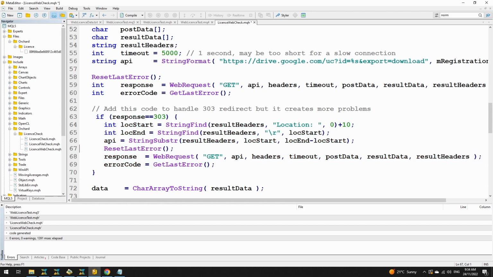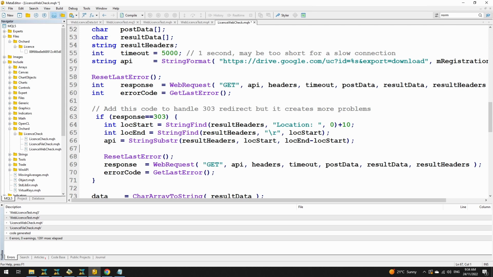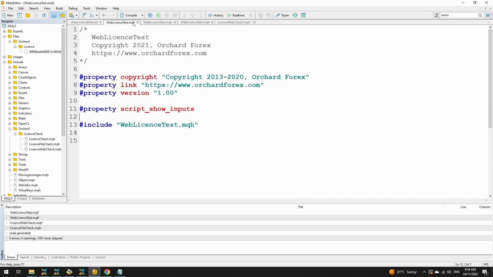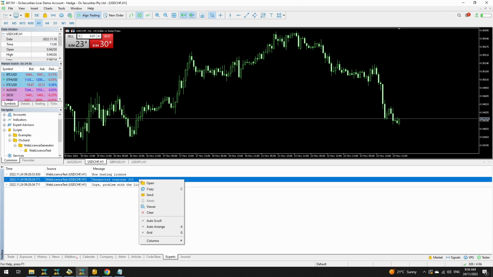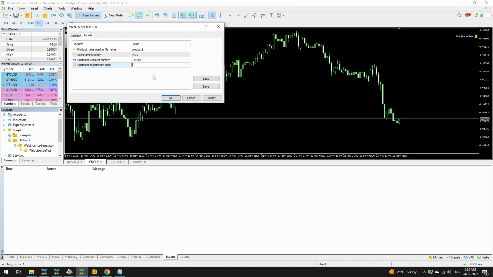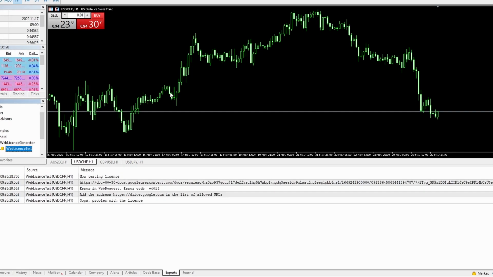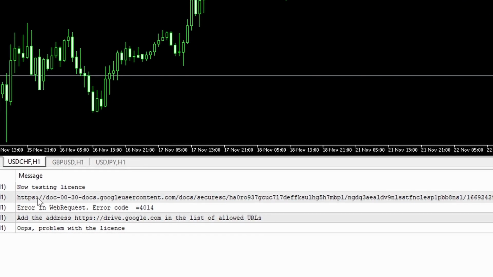And I'm actually going to print the new API. Right, go back to here, compile that. Back to MetaTrader 5, I'll clear these again, put in the registration code. Okay, testing the license. Here is the new API that I got,